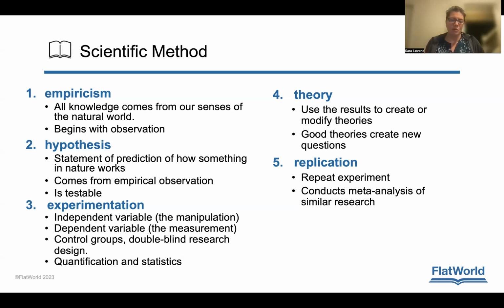And then through experimentation, we can test these things by quantifying what we are seeing, through qualitative variables, where we're looking at personal responses, or quantitative variables, where we're looking at, say, a person's score on some sort of questionnaire. And then we use these results to develop theory, and then, if you have good theories, they come up with new questions and new testable hypotheses that can then,